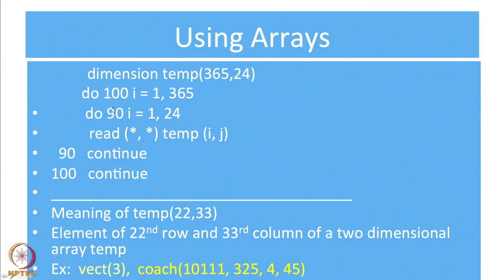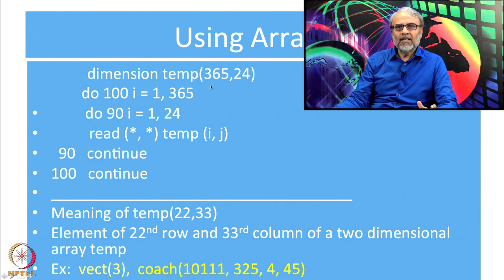This particular slide tells you how to use arrays. The first thing you have to do if you are using an array is to declare the size of the array. You see that first statement: when you have an array, you declare its dimension. It says dimension temp 365, 24. In the earlier slide I had called it temp val, now I am just calling it temp, because why do we give very large names? Temp represents just 4 characters, and temp also tells you it is a temperature.